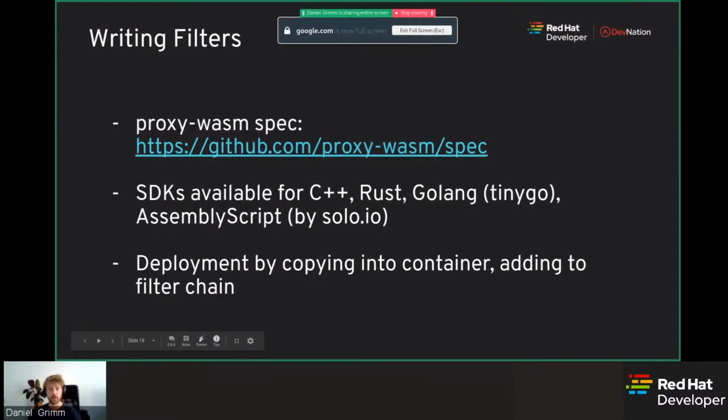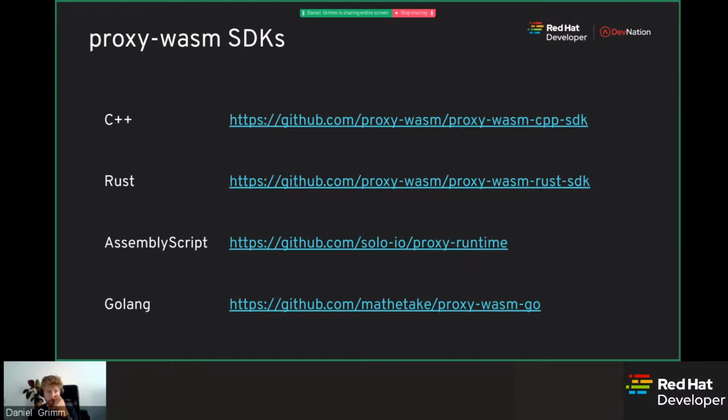So that's how you deploy it right now. There's also, if you're using WASM by Solo.io, which is another way to develop these filters, a nice way. They have a debug command, I think, where they just run an Envoy instance locally. So here are some links to the